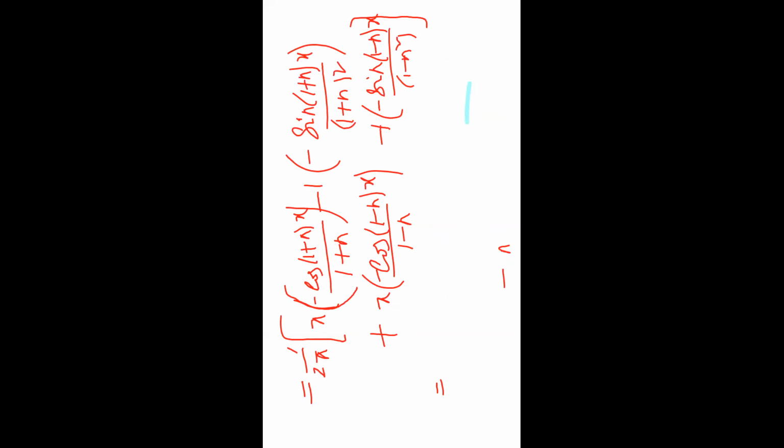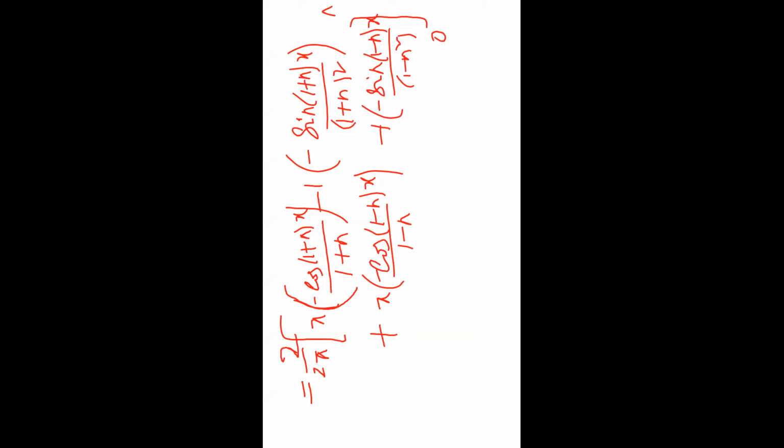Is it an even or odd function? Observe that x sin x, as I already told, is an even function. When the even function x sin x is considered, we have to calculate the formula of a naught and an. So that's why the integration limits are converted from minus pi to pi into 2 times the integral from 0 to pi. So we have to write 2 in the limits 0 to pi.